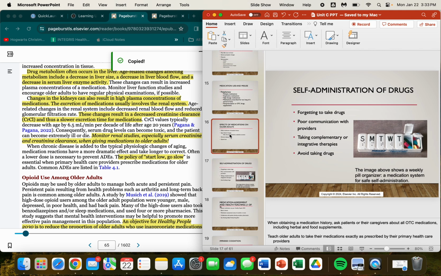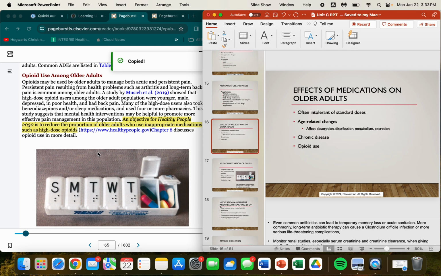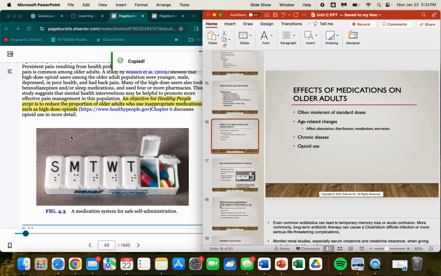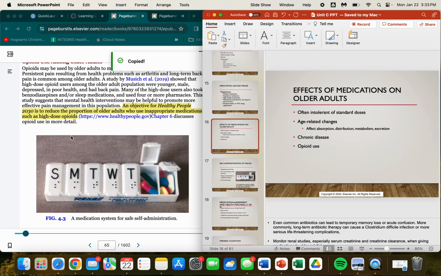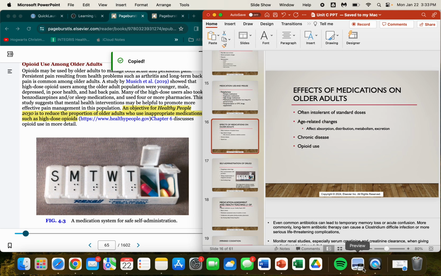Your book talks a little bit about opioid use as well. Opioids used by older adults can be used to manage pain. An objective from Healthy People 2030 is to reduce the proportion of older adults who use inappropriate medications such as high-dose opioids. The use of those high-dose opioids can cause issues,